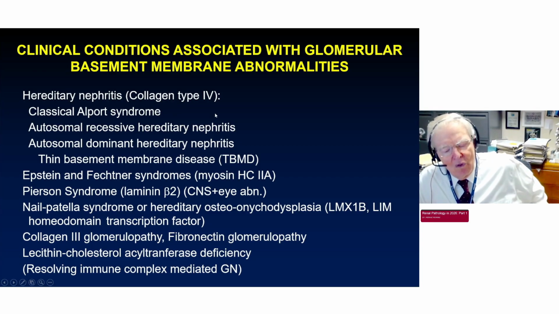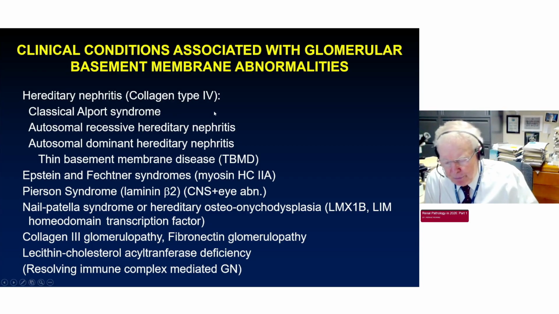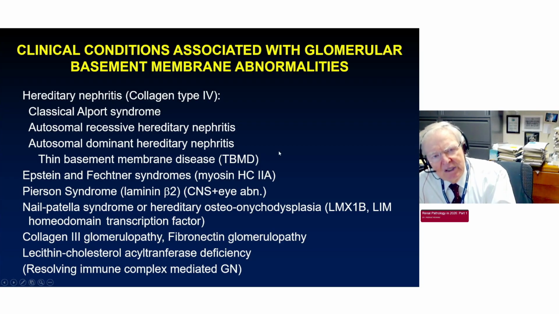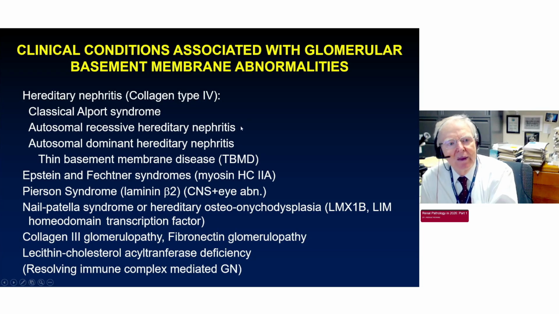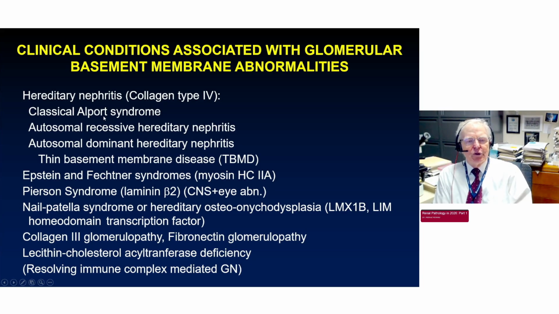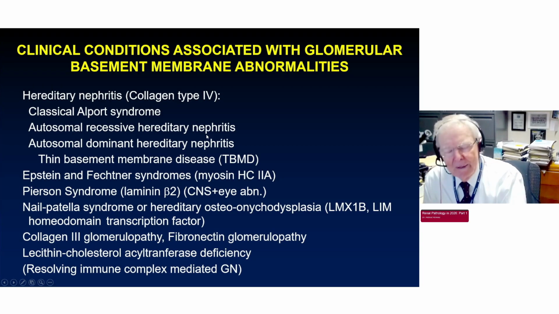And the collagen 4 has basically three important peptides with three different genes that encode for the three different type 4 collagens that are participating in the formation of the GBM. And therefore, any of these three genes can be abnormal. In a male with classic Alport syndrome, it is the X-linked alpha 5 type 4 collagen that is defective, whereas in the autosomal recessive, it is one of the 2 autosomal genes